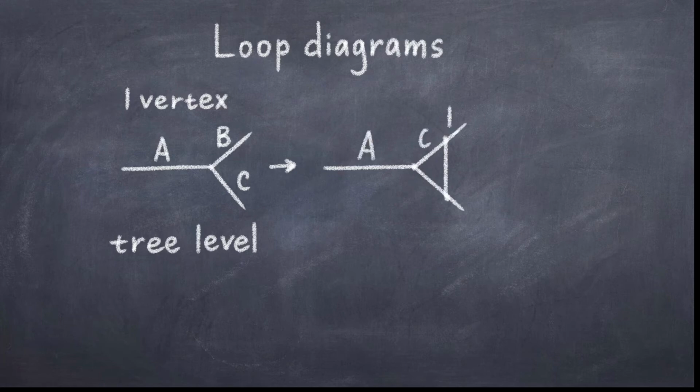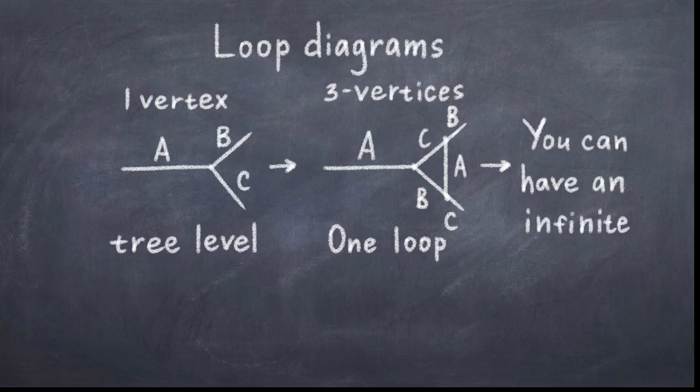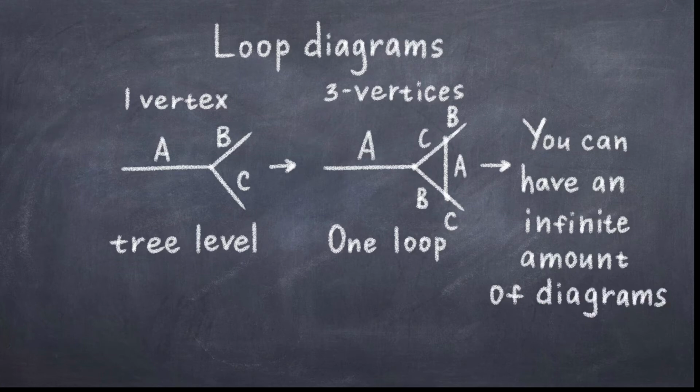Depending on what you are looking at, these loop corrections can be important. We could also consider what diagrams we could make with 4 vertices and 5 vertices and so on. You can actually make an infinite number of more and more complicated Feynman diagrams. Therefore, it is important to understand the ordering of a process, because how do we know what diagrams are important, and how can we get useful results if we have to compute an infinite amount of Feynman diagrams, which is impossible. Luckily, we don't have to compute an infinite amount of Feynman diagrams.